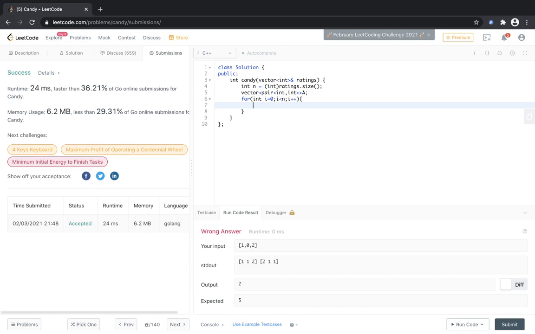And here, while traversing the array, we need to push back ratings i comma i, and then we sort all of it, from a dot begin to a dot end. Then vector int answer.